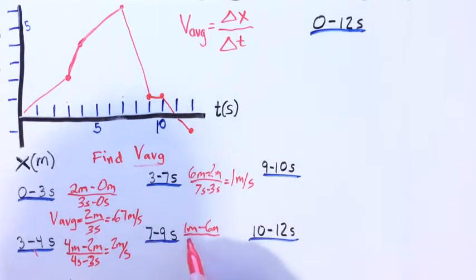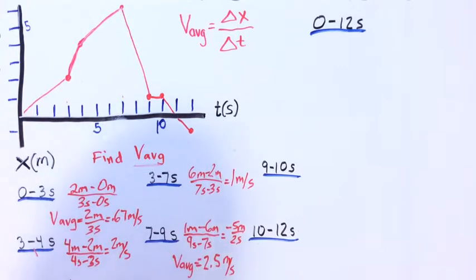And of course the time, 9 seconds minus 7 seconds. So we get a negative here. So it's going to be negative 5 over 2. So the average velocity is going to be equal to 2.5 meters per second, but we can't forget that minus